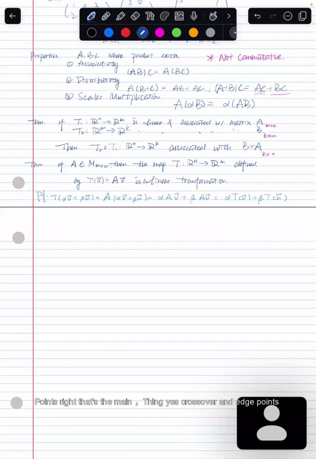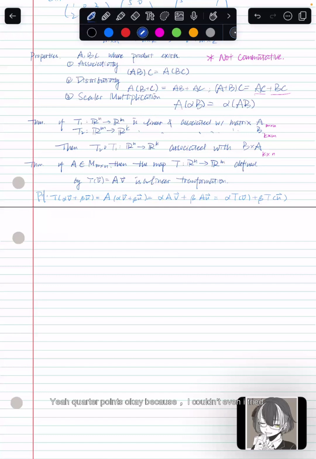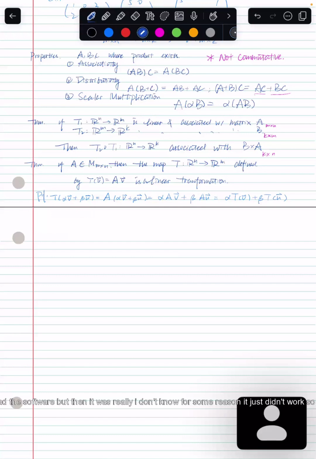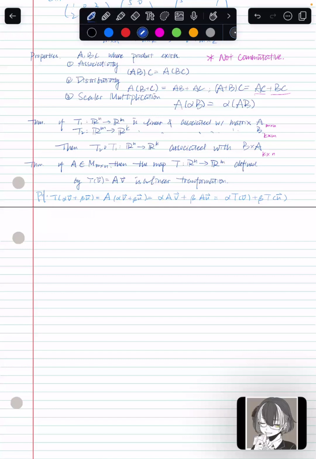The crossover and edge points or border points. I tried to download the software, but for some reason it just didn't work. Let's do those kind of input for now. It'll be a lot easier if we can just do images of Celtic knots or Chinese knots, and then we do image classification, but